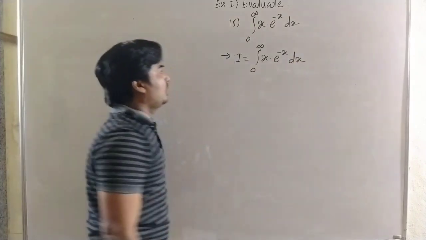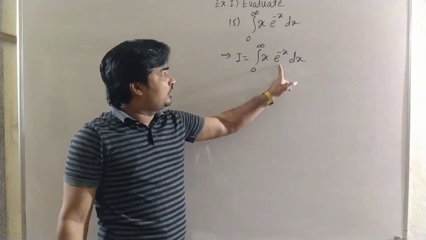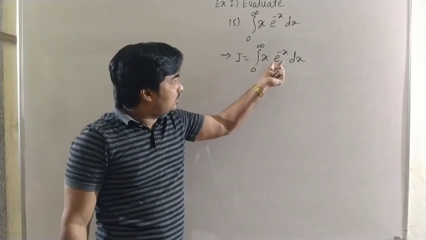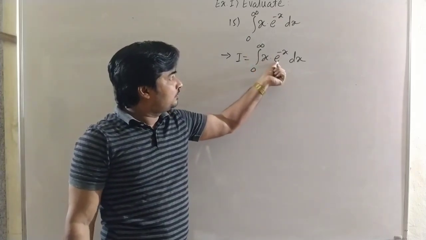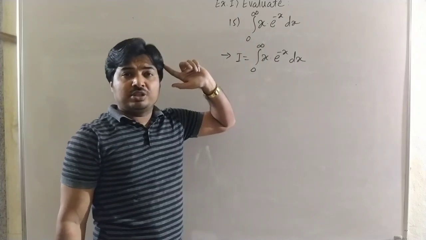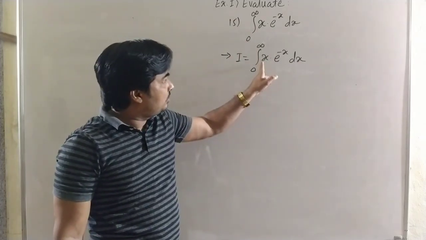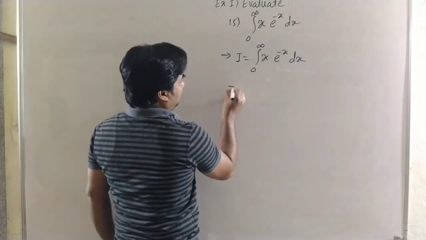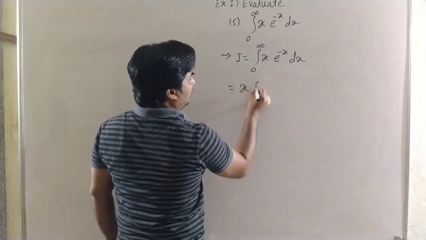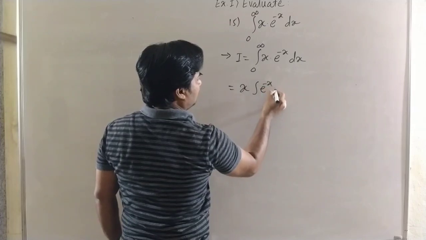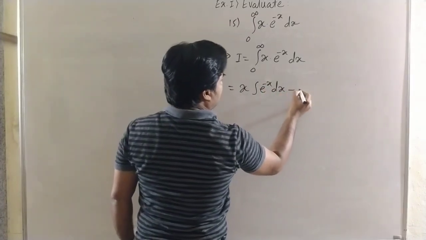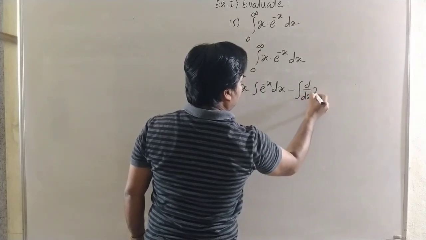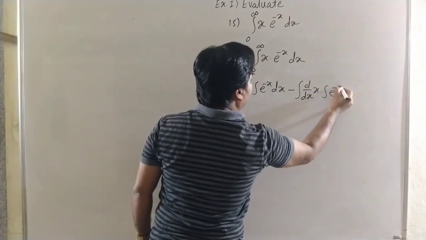Now see carefully here. It is algebraic and it is exponential. In the integration by parts, exponential is the last function. It is algebraic and it is exponential, that is e to the power minus x. So here we will directly apply u into v. First find the integral and then put the limit. Here u into integral of v minus integral of derivative of u into integral of v